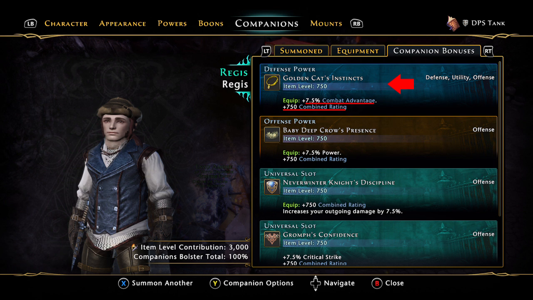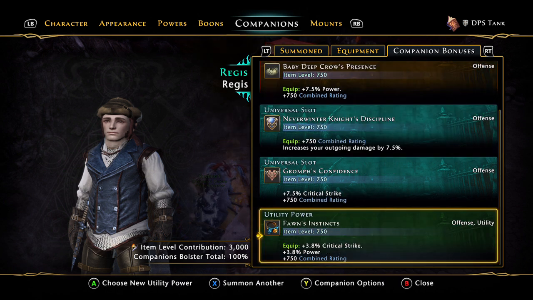Next we have the Baby Deep Crow's Presence, which is 7.5% power and 750 combined rating. Good. After that, we have the Universal slot, which you're going to see a little bit later will be switched out depending on the situation of the fight that you're going into. But for now, it's the NeverWinter Knight's Discipline, and that's...